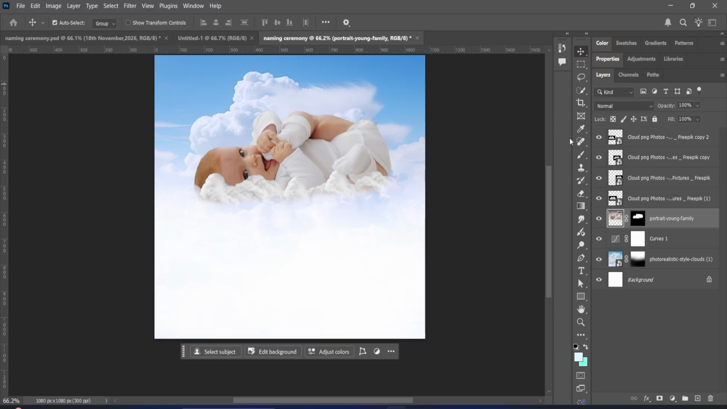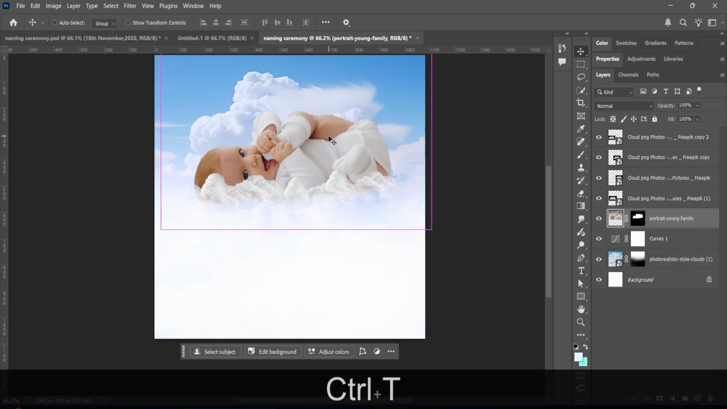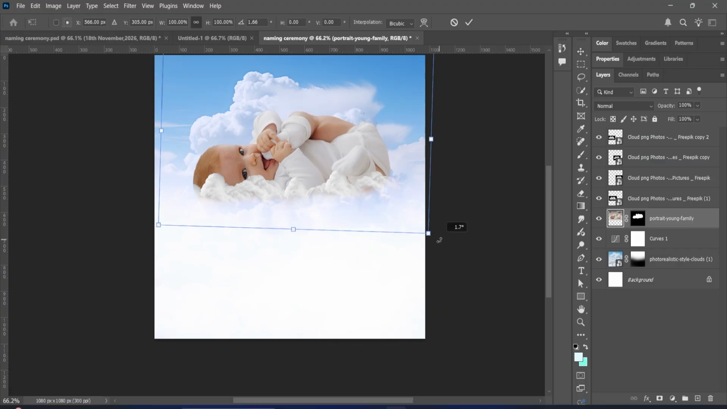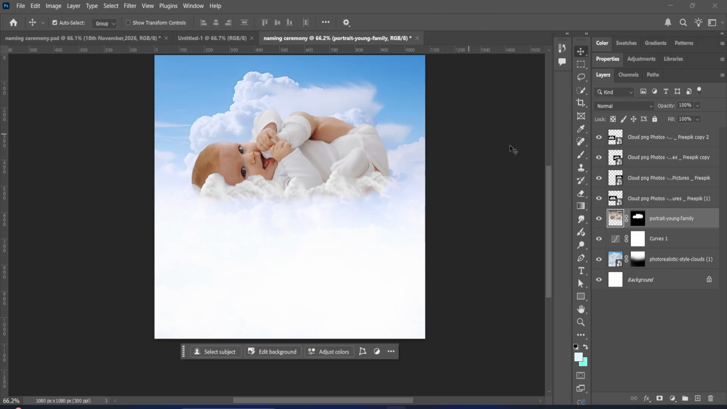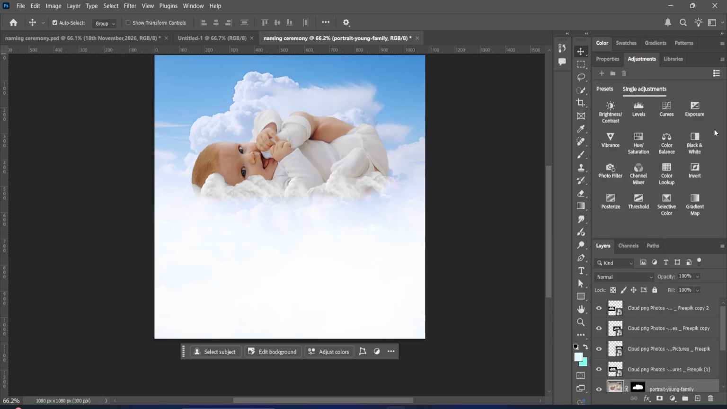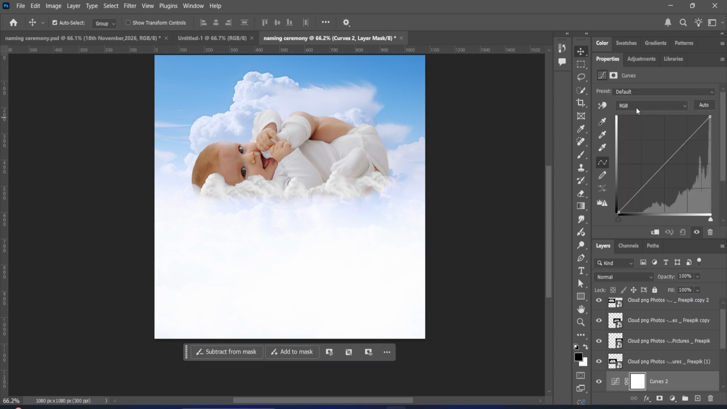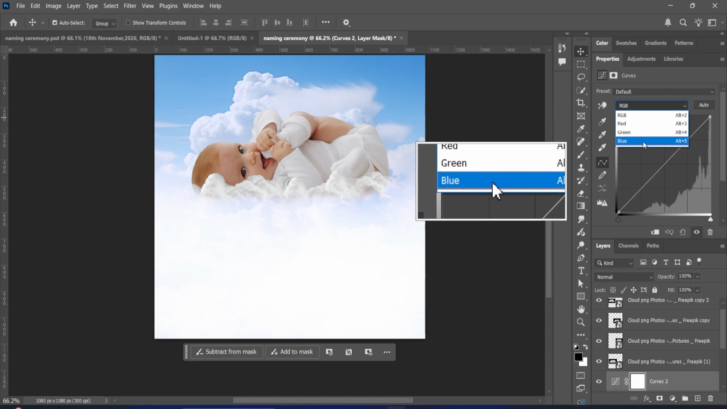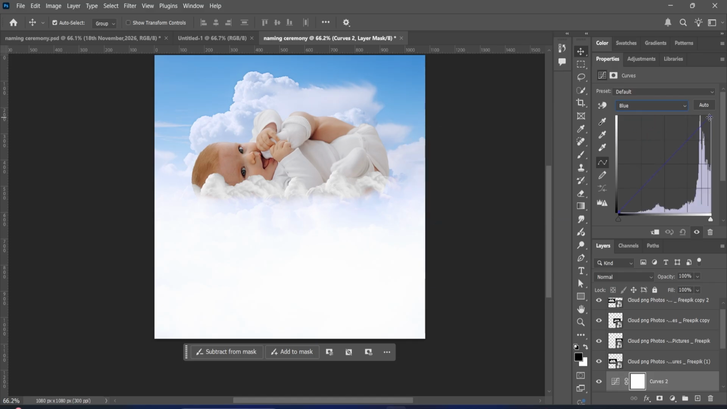Let me rotate my baby a bit. Control T and rotate it for him to be a bit straight, like that. Yeah, and I think the color of my baby is too much for me. He's too reddish or yellowish. So I'll come to adjustment and I'll go to, again, my curves and change it from RGB to blue. And again, let me bring this up here,